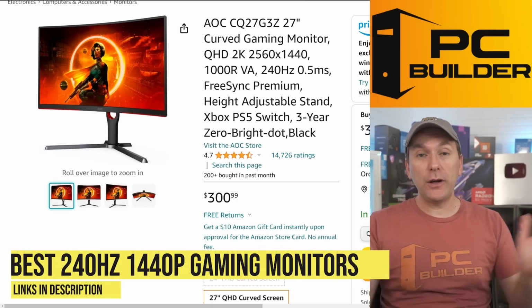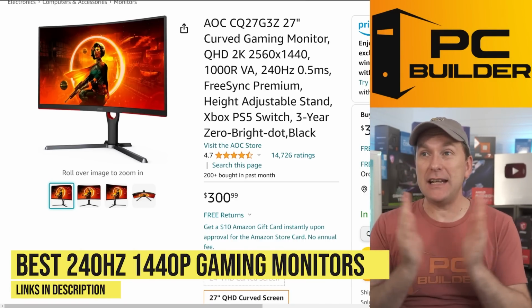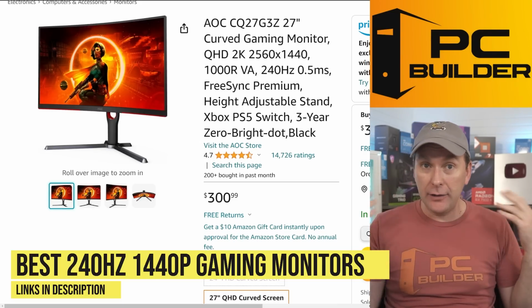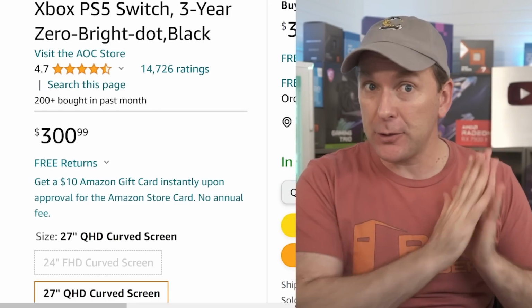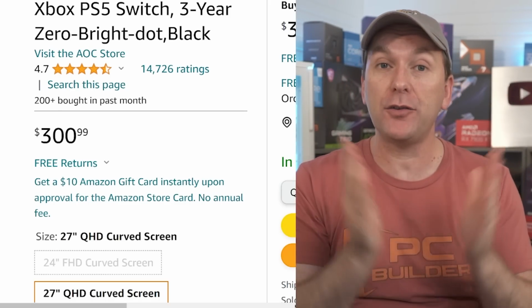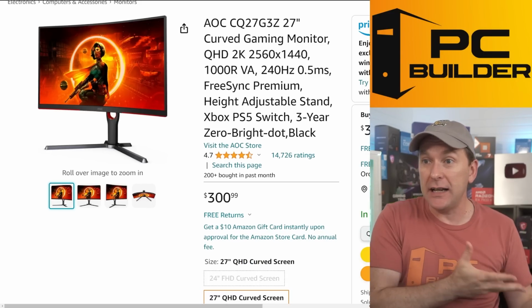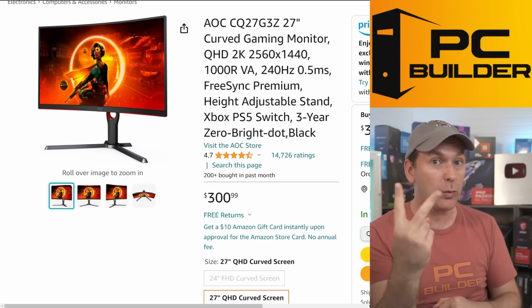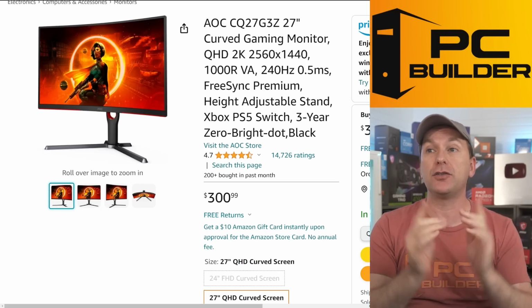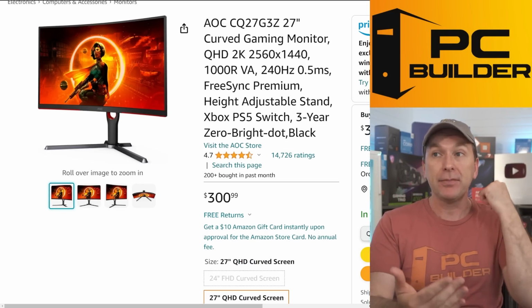Let's throw in some 240Hz 1440p gaming monitors into the mix here. I'll be honest with you, I don't know what's going on with 240Hz 1440p gaming monitors right now. Prices have absolutely skyrocketed on most models that I was recommending as early as just a couple months ago. They've kind of gone bonkers. But there are 2 out there right now that are great deals. The first one is the one I continue to recommend, the AOC